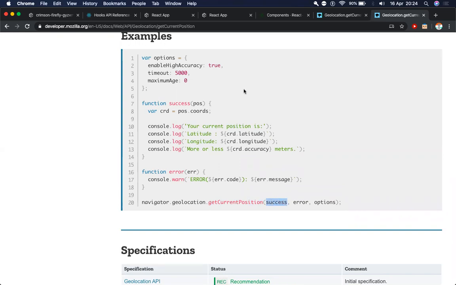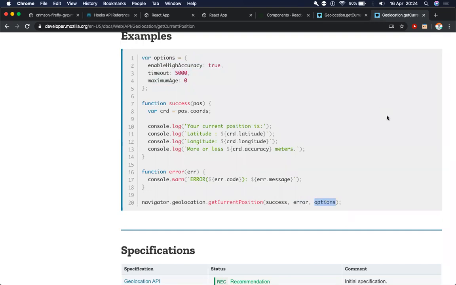If we click on block, then it calls the error function. And the options are basically a bunch of parameters which are passed to get current position to modify our search result. So it's kind of a user search result if you think about it.